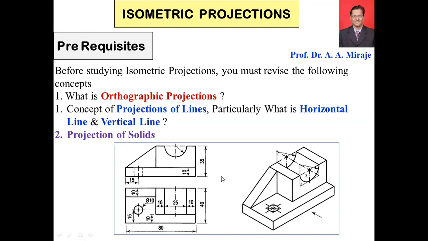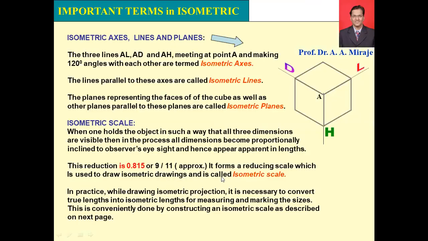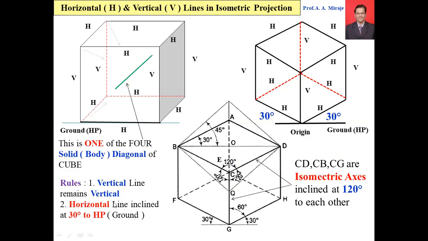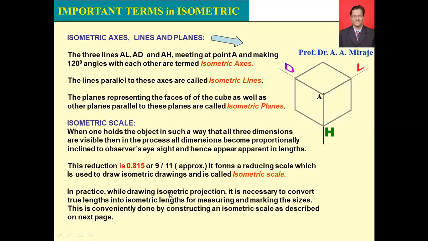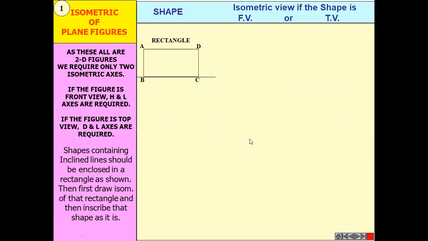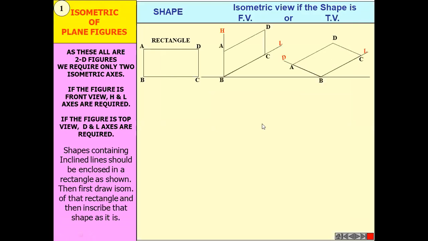All are horizontal lines. So as per our rules now, which I told you right now, all the horizontal lines are inclined at an angle 30. So that we can utilize here now. I will come back to this. This much I explained. You see now how this is drawn.